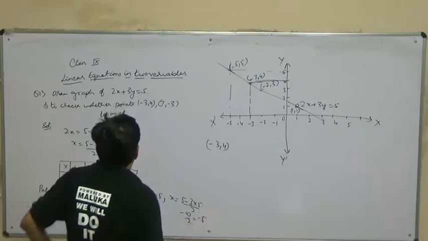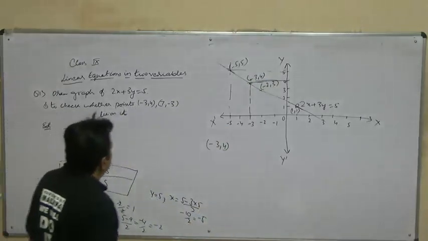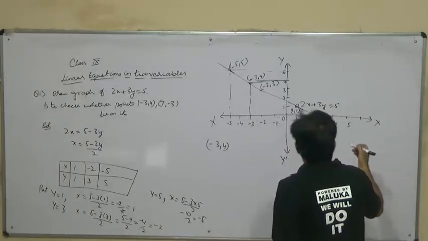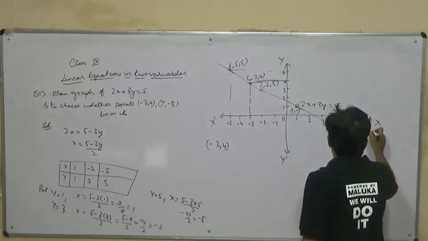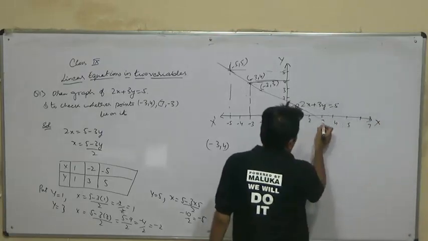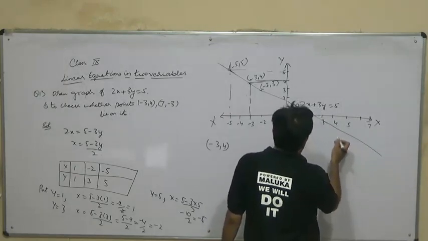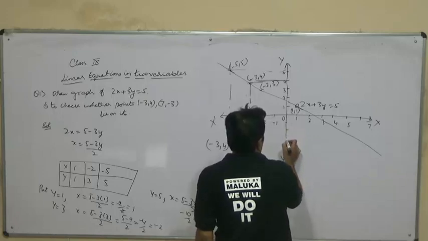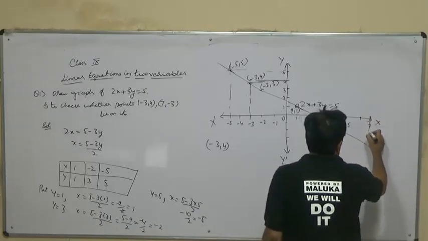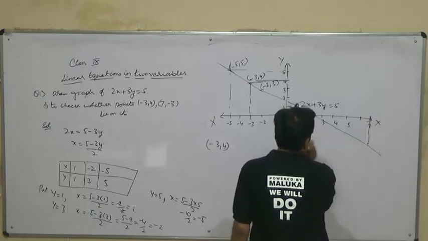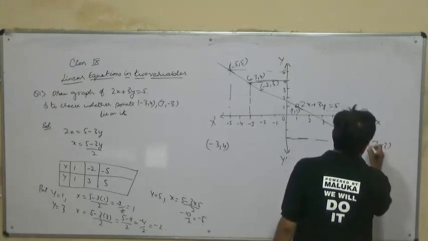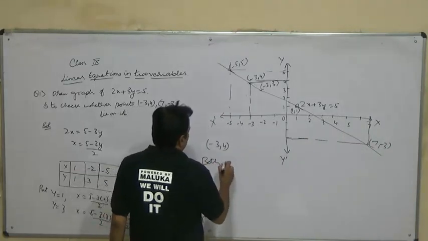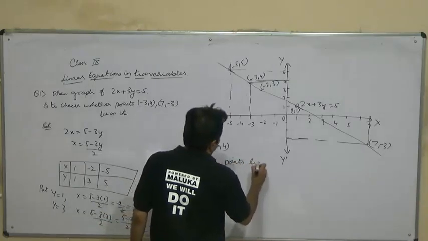Then 7, minus 3: 14 minus 9, yes, 7 minus 3. For example, if we have got 7 here, 6 and this is 7, and we have to proceed in this manner on the same way. So this will be minus 1, minus 2, minus 3. So if we click at this point, you can check that 7 minus 3 also lies on this. So both the points lie on the graph.